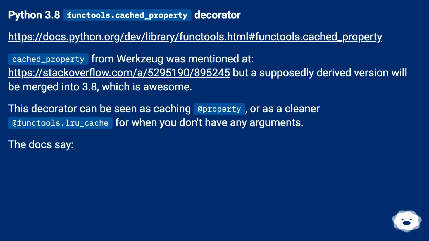Python 3.8 functools.cached_property decorator. This URL. Cached_property from werkzeug was mentioned at this URL, but a supposedly derived version will be merged into 3.8, which is awesome. This decorator can be seen as caching a property, or as a cleaner functools.lru_cache for when you don't have any arguments. The docs say,